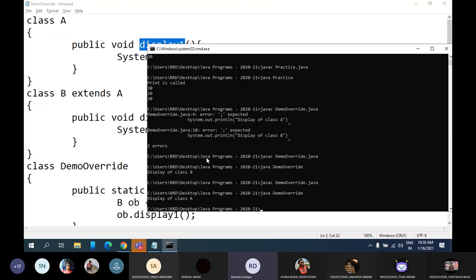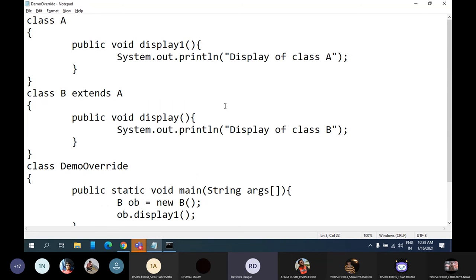And you can say I'm getting display of class A. But the only problem is now both the methods are same. So now the problem is if I want to access display method of superclass, then even though inheritance is there, I cannot access it. To access it, I need to create an object of class A. So this is against the rule of inheritance. Inheritance says using the object of subclass, you can access all the properties of superclass. But in this scenario, I'm not able to do it.